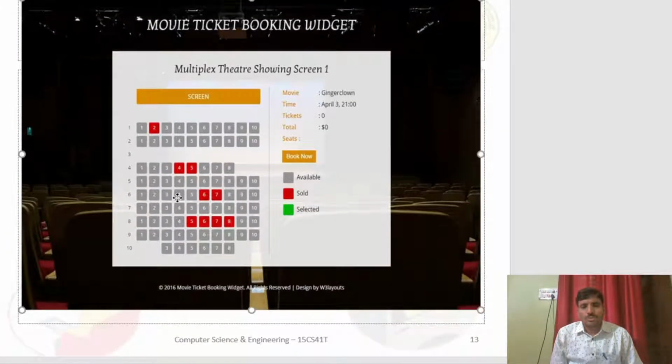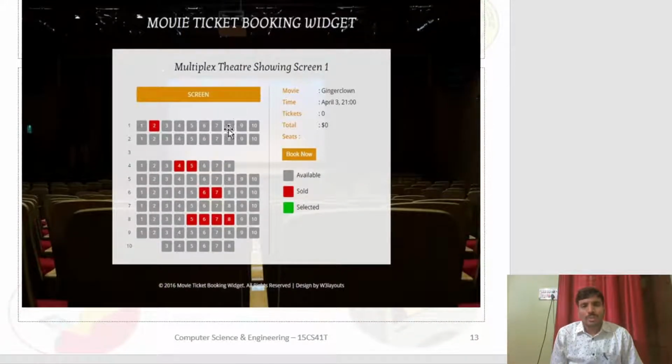So can you guess what picture this is? This is a picture of booking a movie ticket, online movie ticket booking. So we can see the seat arrangement in a two-dimensional array, rows and column wise. If I book this red marked seat, which is first row, second column, which is a two-dimensional array of one of two, right? So the underlying concept of this movie ticket booking layout is data structure, that is two-dimensional array. Okay, students, this is another real-time example.